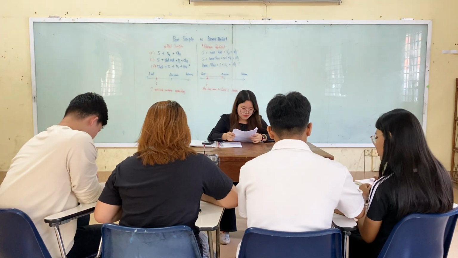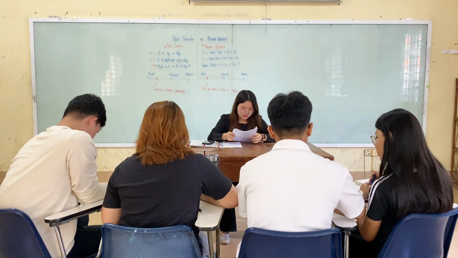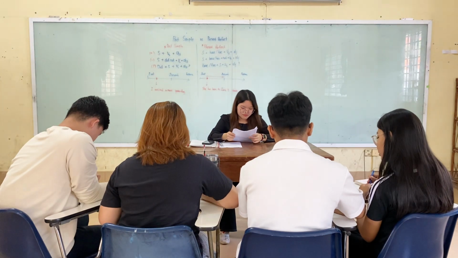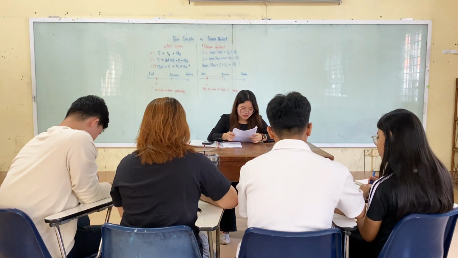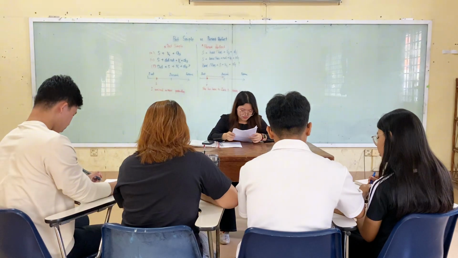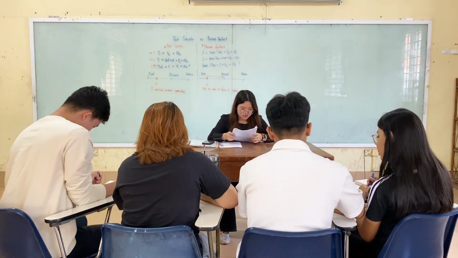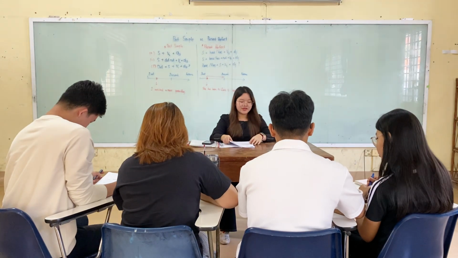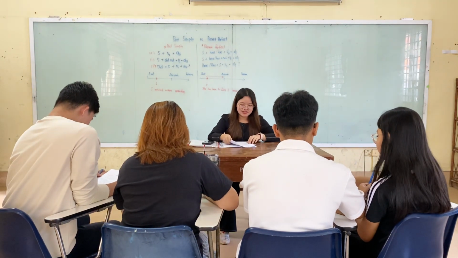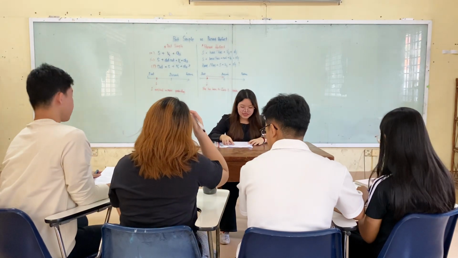Number 2, he has already finished his homework for today. And number 3, they have not traveled abroad in their lives. Number 4, has she tried sushi before? And 5, we have visited the museum twice this year. Okay, good job. Seems like you are really clear about the form. Now let us move to the